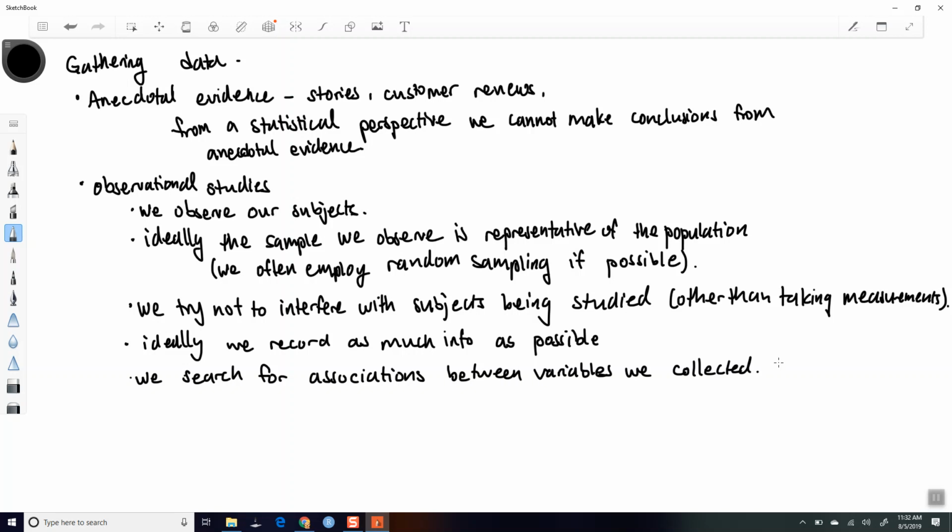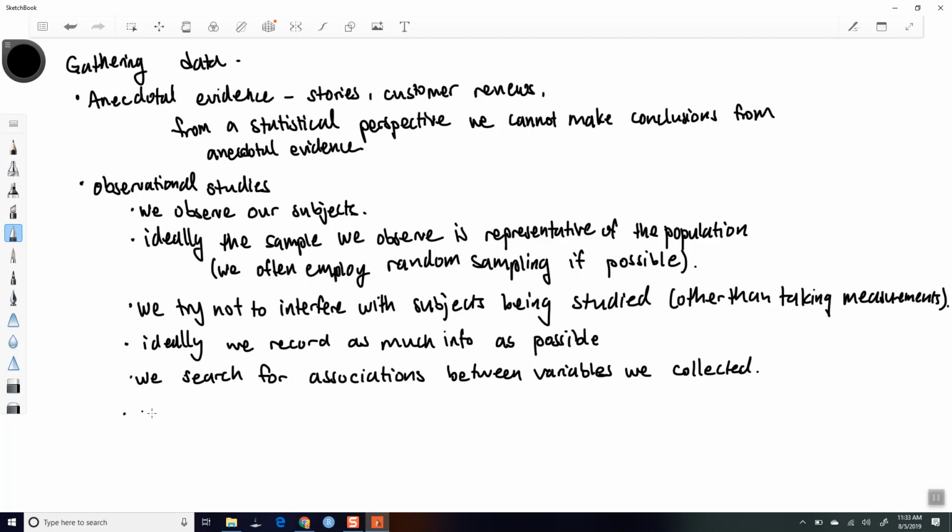And if we find such an association, we can say we have found an association, okay? But an association does not mean that one variable has a cause and effect relationship with another variable, okay? So we search for associations between variables we collect or collected,